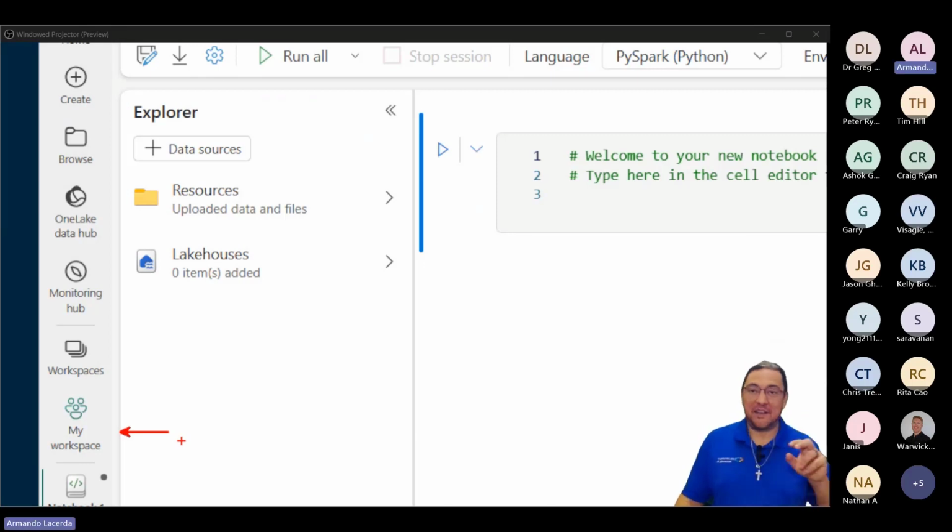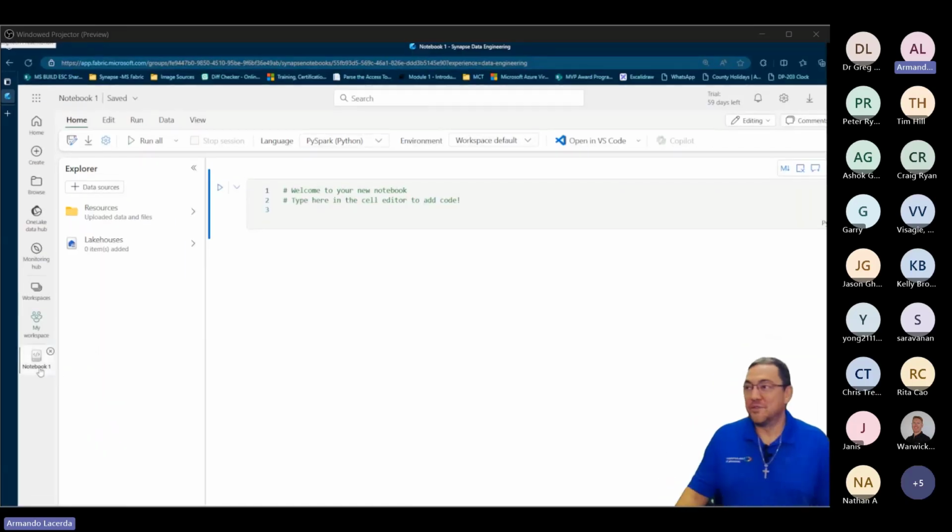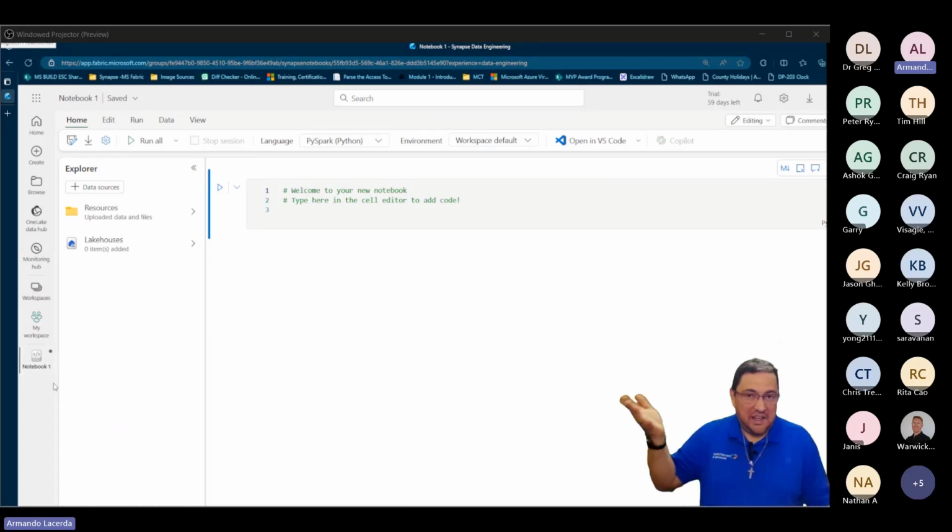So everybody gets a My Workspace inside Fabric, like you would get in Power BI. The only person who can have access to My Workspace is you, because it's your private space.